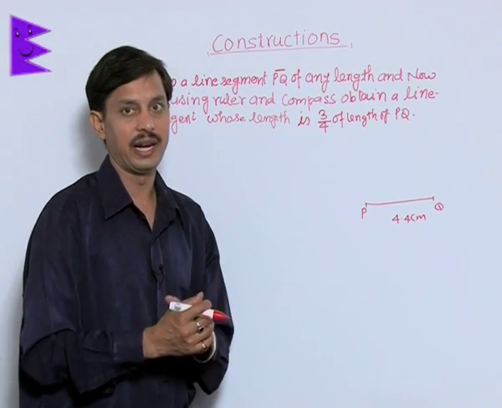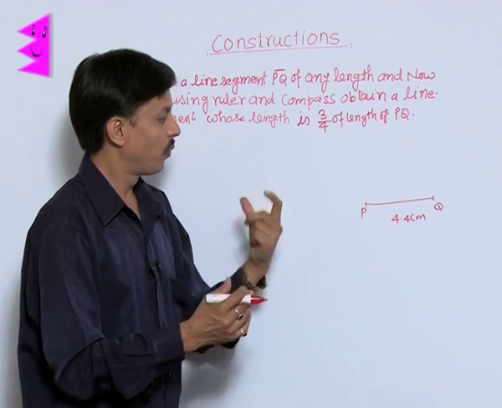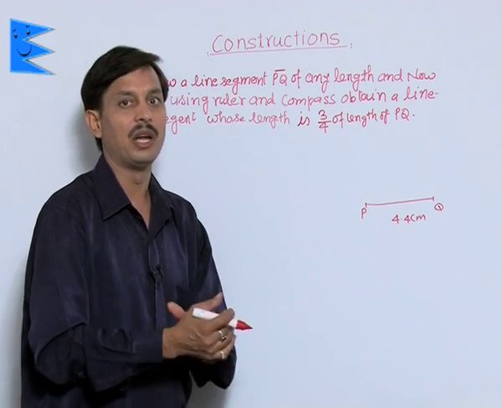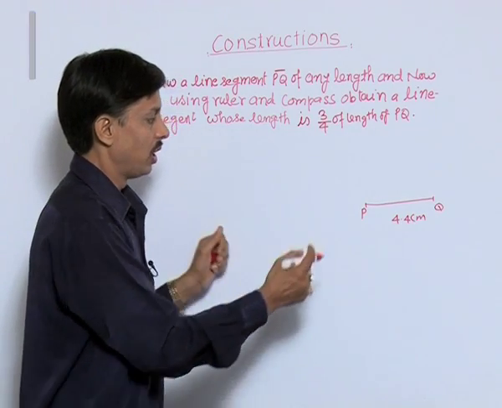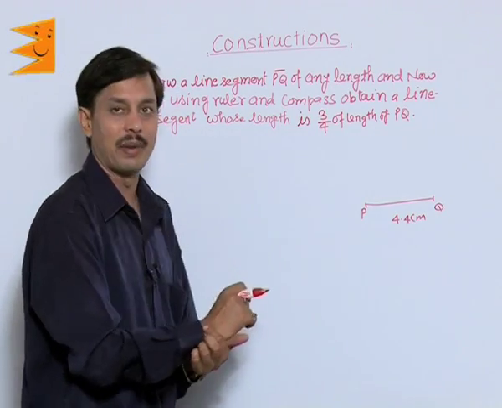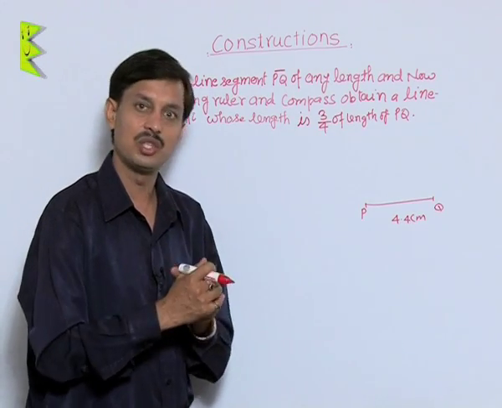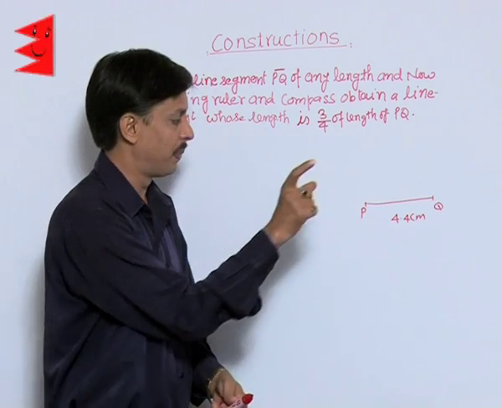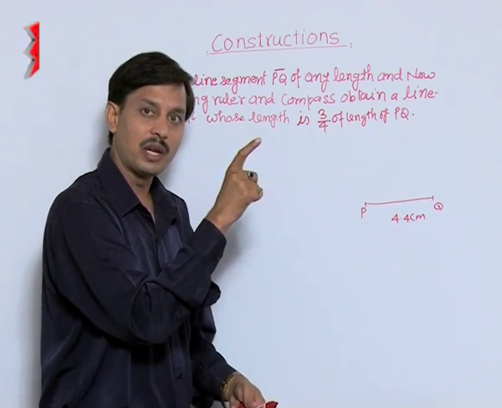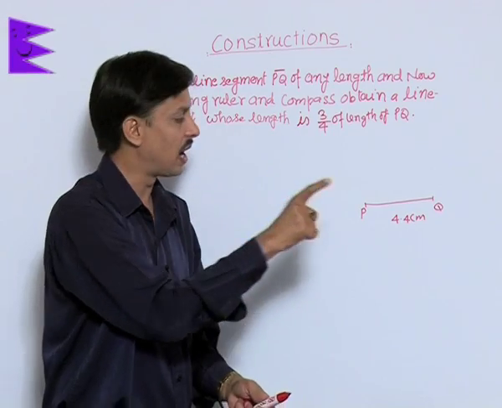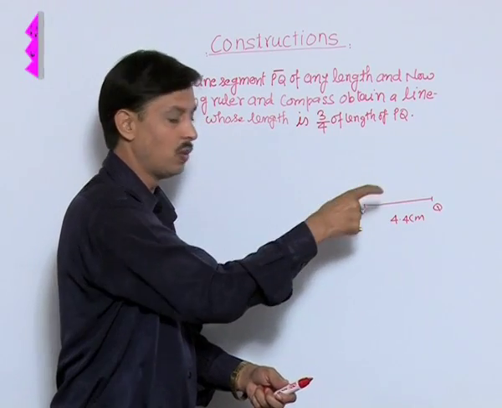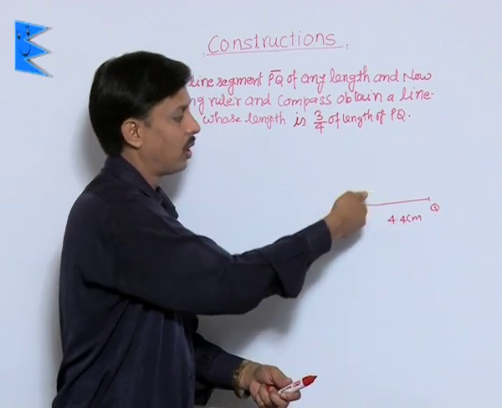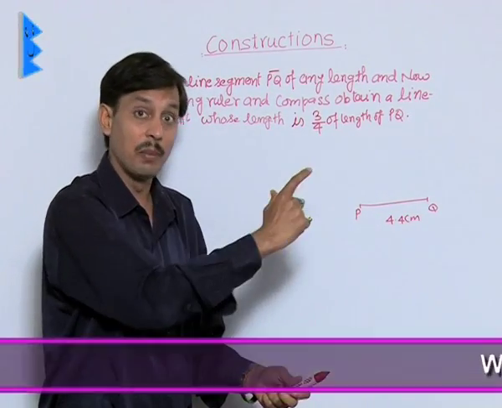It means that first of all, I will draw its perpendicular bisector. In order to do the perpendicular bisector, the method is the same. How? First we will put the needle of compass at P. We will take the radius or length of arc more than the half of PQ. We will mark two arcs on the opposite side of PQ with the same length.